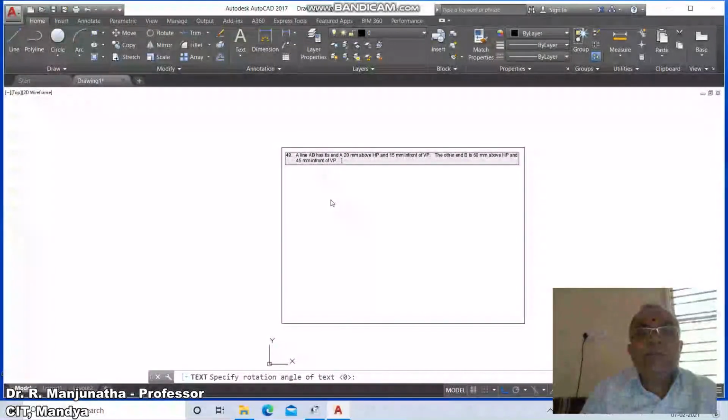The distance between the end projectors is 70 mm. Draw its projections, determine the apparent length and true inclinations.